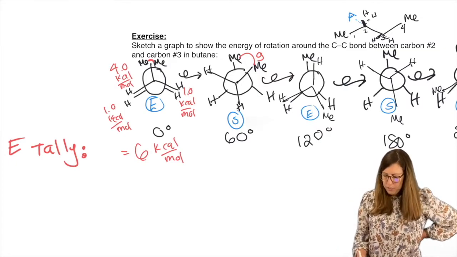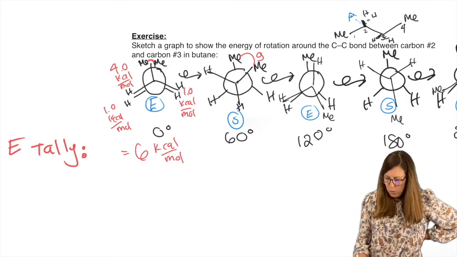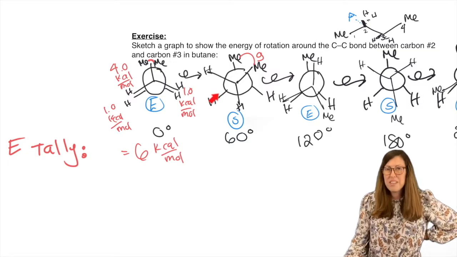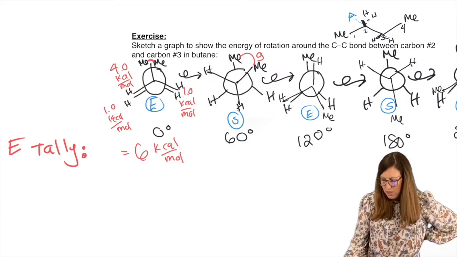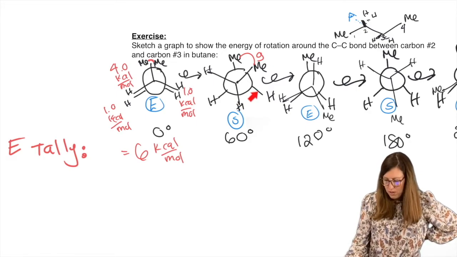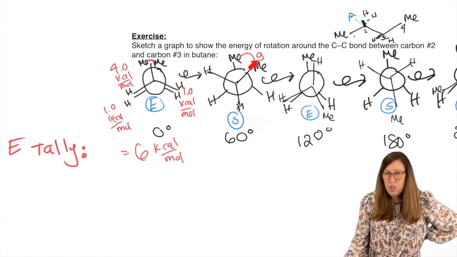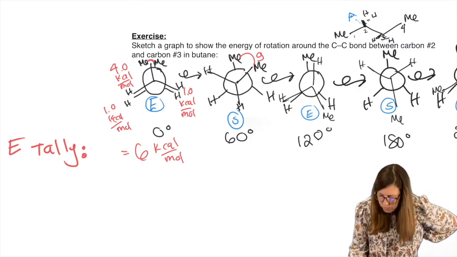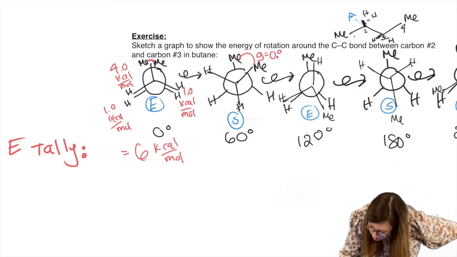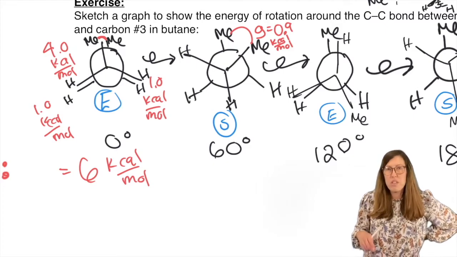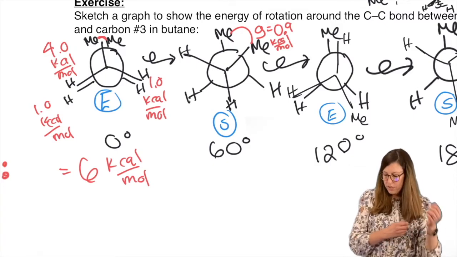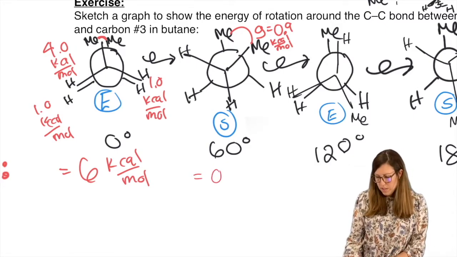Okay, next one. What value? So 0 degrees. 0 kcals per mole. 0, 0, 0. What's left? Only that gauche interaction. That's worth 0.9 for 2 methyls. By the way, you don't need to memorize these numbers. Tables are always given, but you do need to know how to calculate the total energy value, given different numbers even.